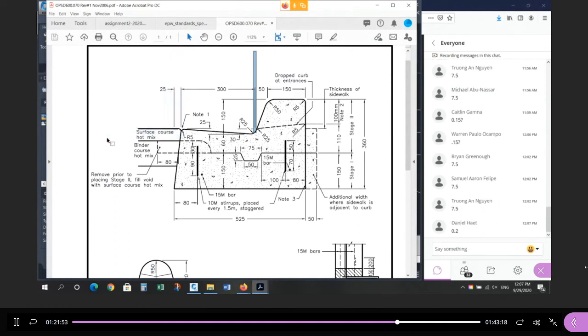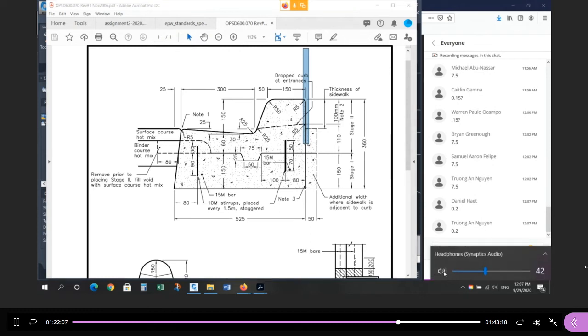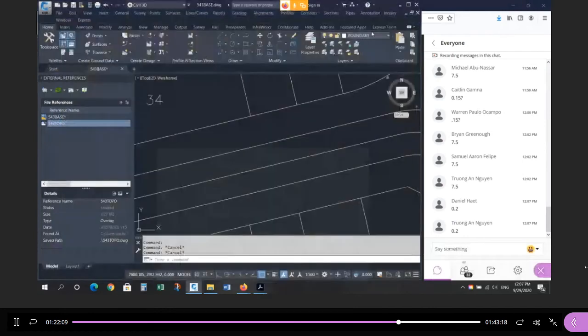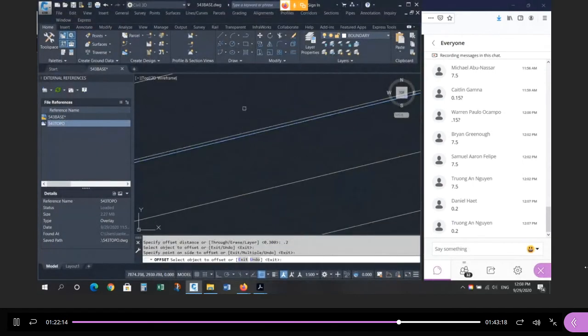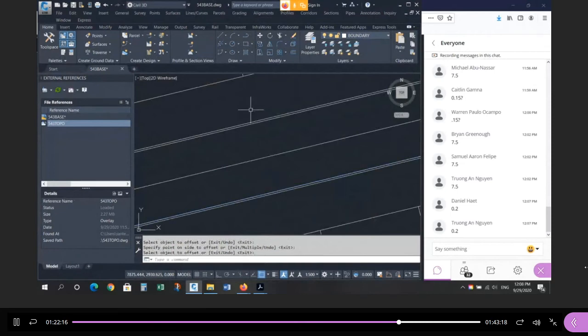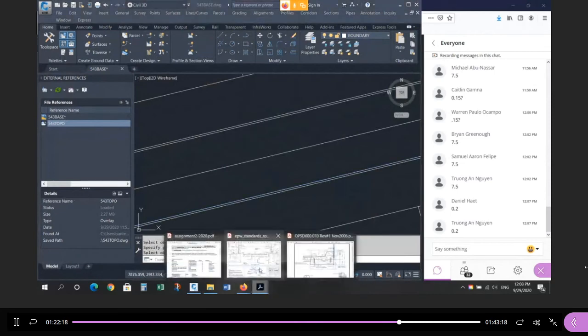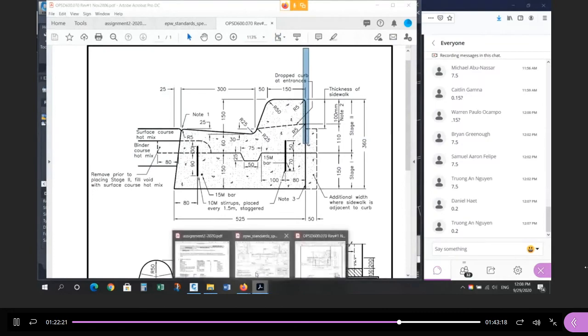Right, remember the asphalt is here, right? The gutter line is here, 0.3 meters away. How do I get to the back of curb from the gutter line? Very good, 0.2, yep. Okay, so I would then, once I draw it, offset 0.2, and there's the back of curb on both sides. And now I've got that double line configuration that you see in the standards